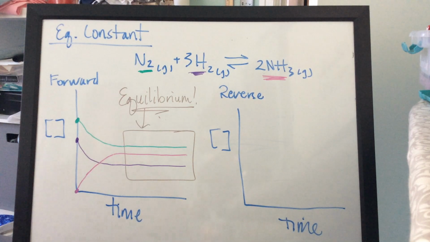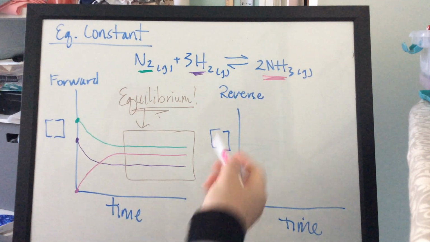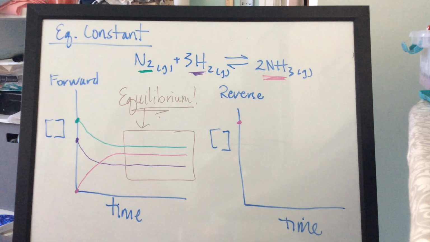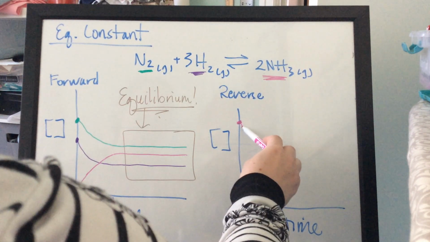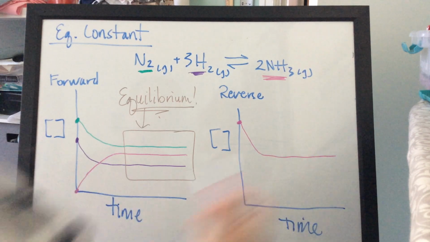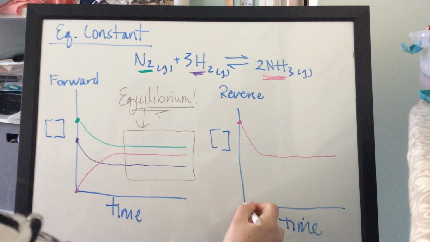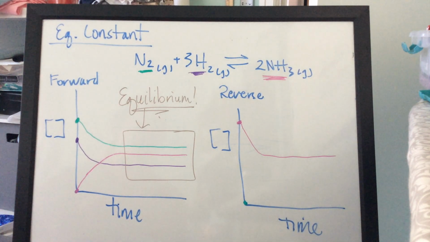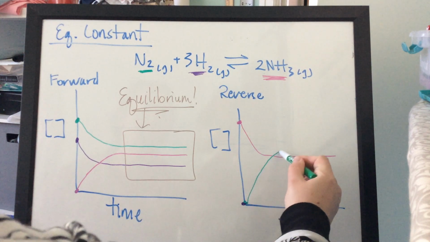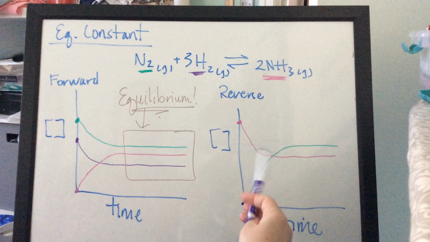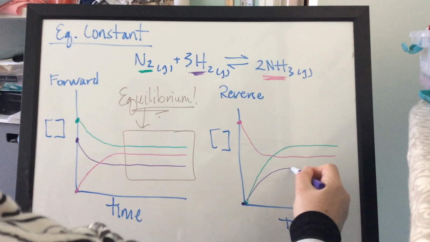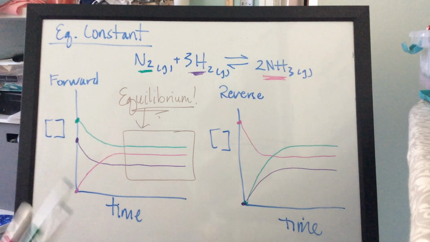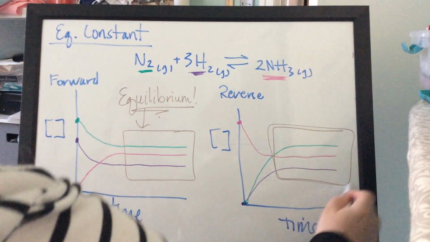So if I approach this reaction in the reverse direction, then NH3 is your reactant, and it will start at some concentration. And the only thing it's going to do over time is to decrease. And N2 and H2 are your reactants. I just misspoke. N2 and H2 would be your products, who have a concentration of 0 at time 0. And the only thing they can do is appear as time progresses. And you can see that the same constant